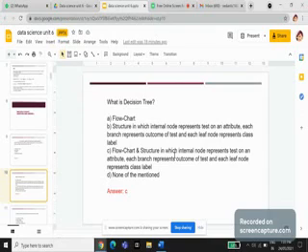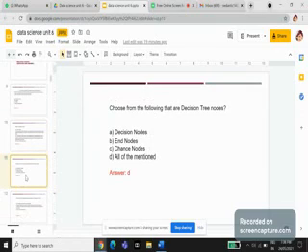Next question. Which of the following are advantages of a decision tree? Advantages of a decision tree can be, we can use a white box model if results are provided by a model. Worst, best, and expected values can be determined. Possible scenarios can be added. So I can see all of the options are correct here. So the answer is D.